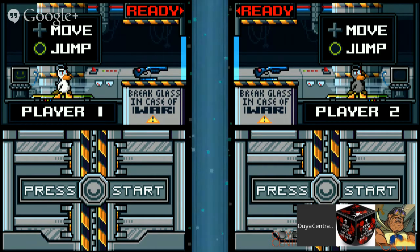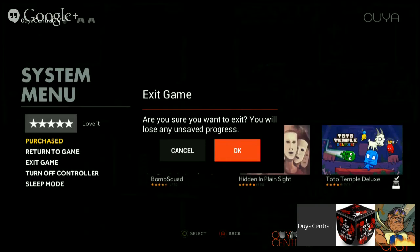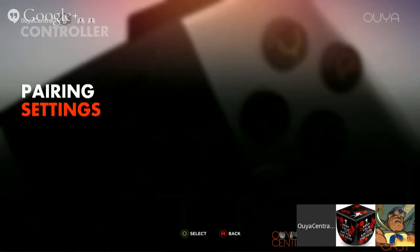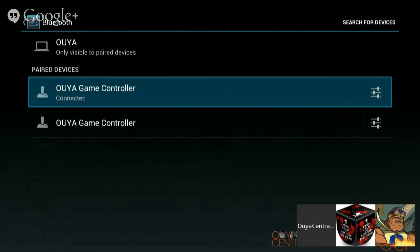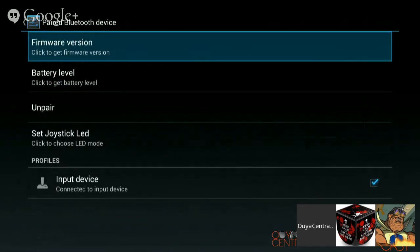So let me see. There's a way that you can go into your manage controllers, then under the settings. No, not settings. Under the regular system settings, Advanced, I think, yeah. And then if you go to Bluetooth, and then I got this Ouya controller, you can hit the settings under it, and then you can right here get the firmware version. Oh, and at the time that's, I guess, the most up-to-date version. I'm not too sure if there's any